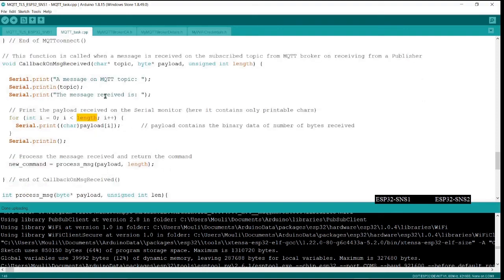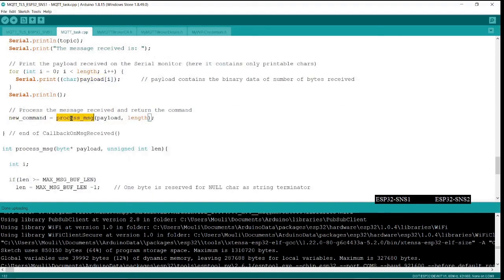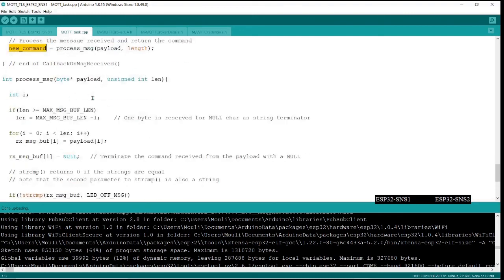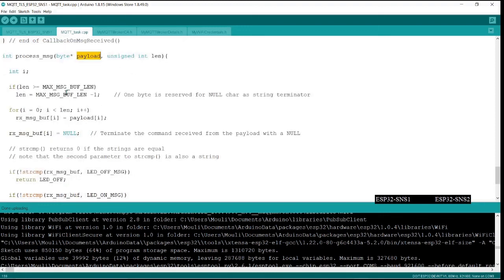It copies the message and prints it just for our information. Then we process the message. Process message receives the payload sent by the broker, and I verify its length. I reduce it to only what is allowed to be copied, because the buffer is limited.